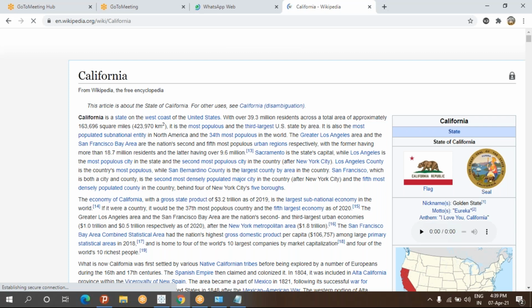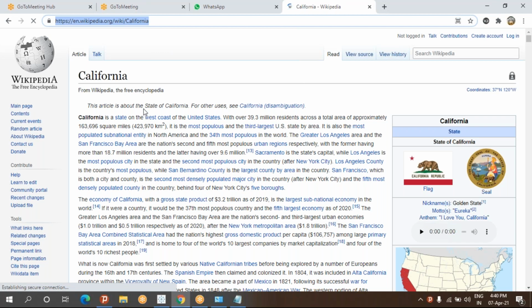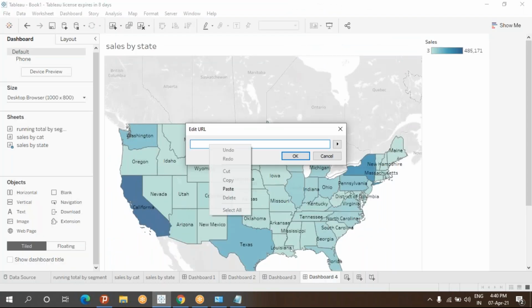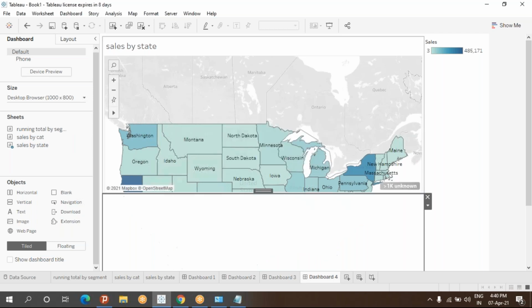I just click here, copy this URL, select all of this URL of the California Wikipedia page, Control C, I'll copy that, or else right click, copy also you can do it. Now come back to the Tableau software, just paste it here and just click on.